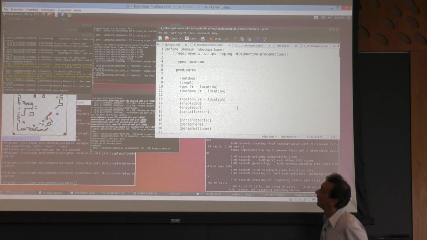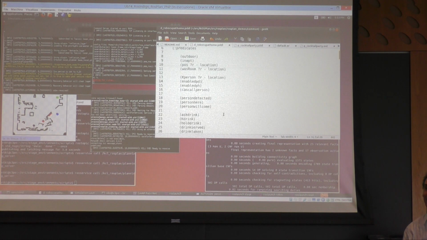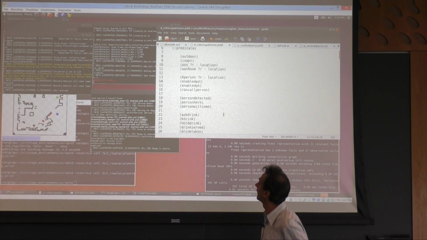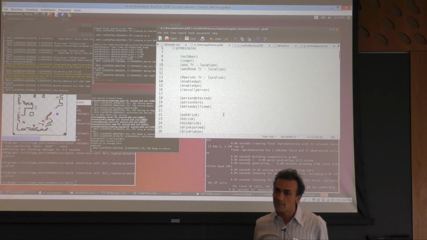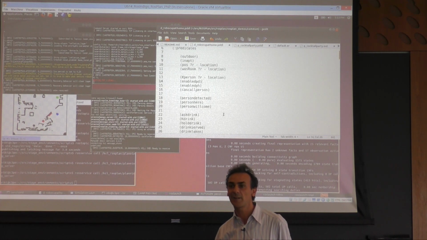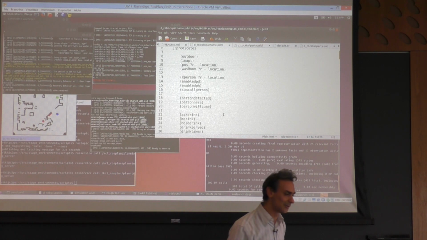So this is a domain, I call it the RoboCapTom domain, in which we have a representation of the environment and some actions that the robot can do. So the robot can move in the environment, can interact with people. In this cocktail party task, the robot has to go to a person, ask if the person wants some drink, then go to the kitchen, fetch the drink, and bring it back to the person.